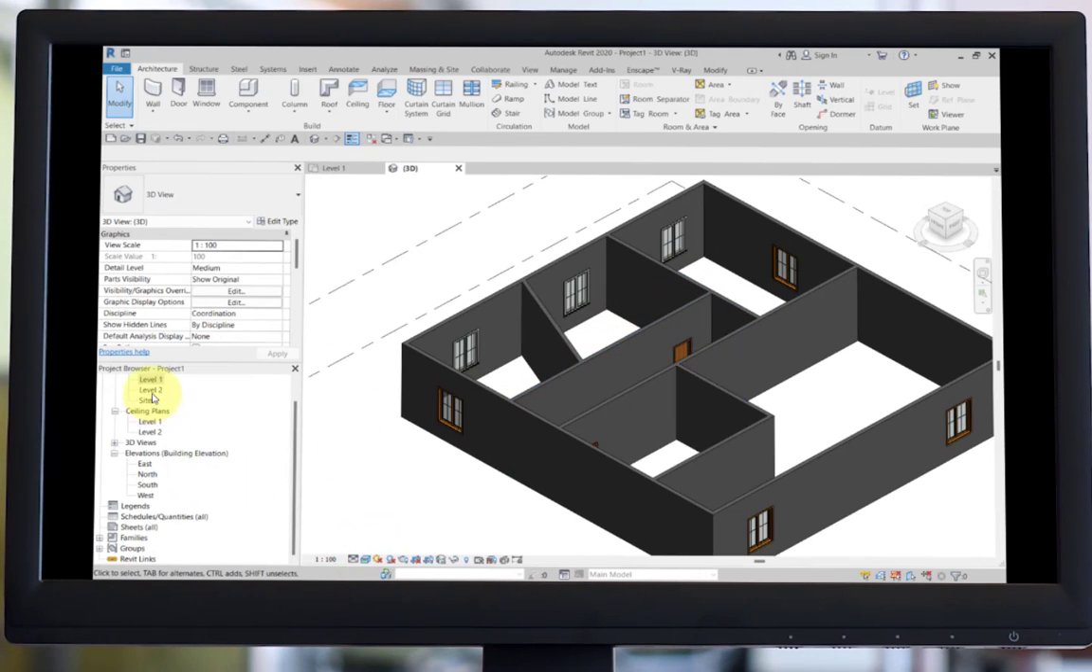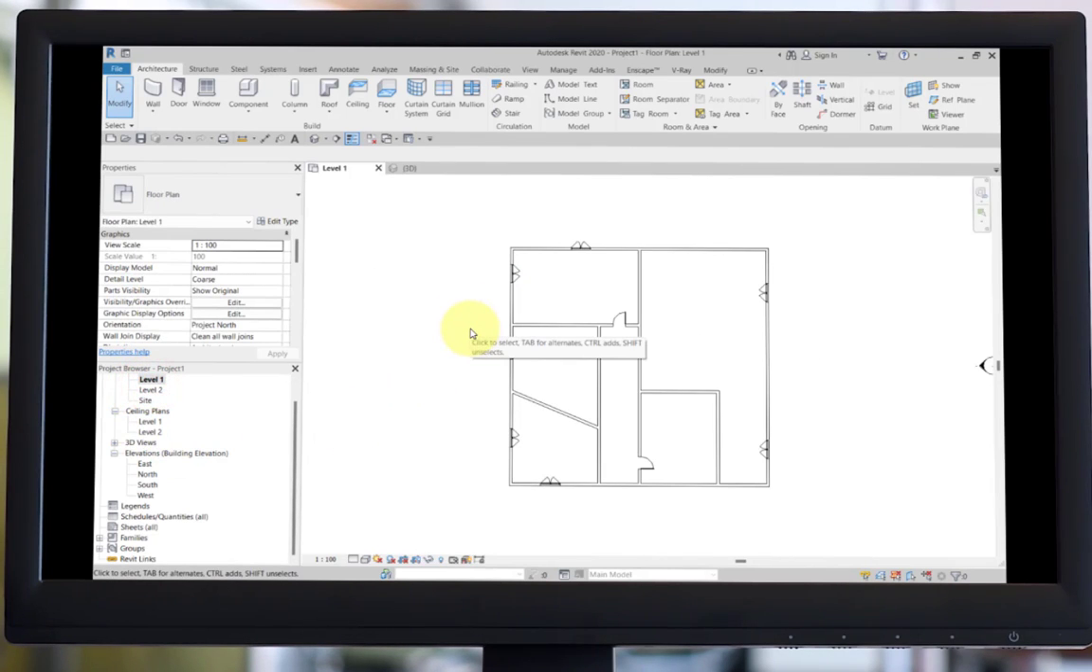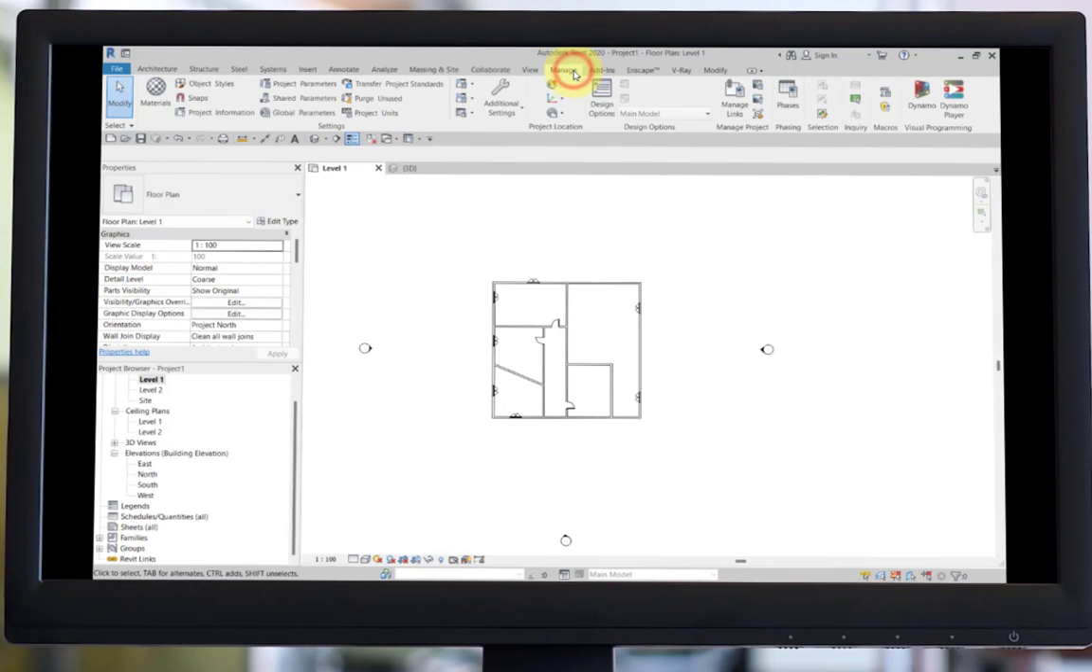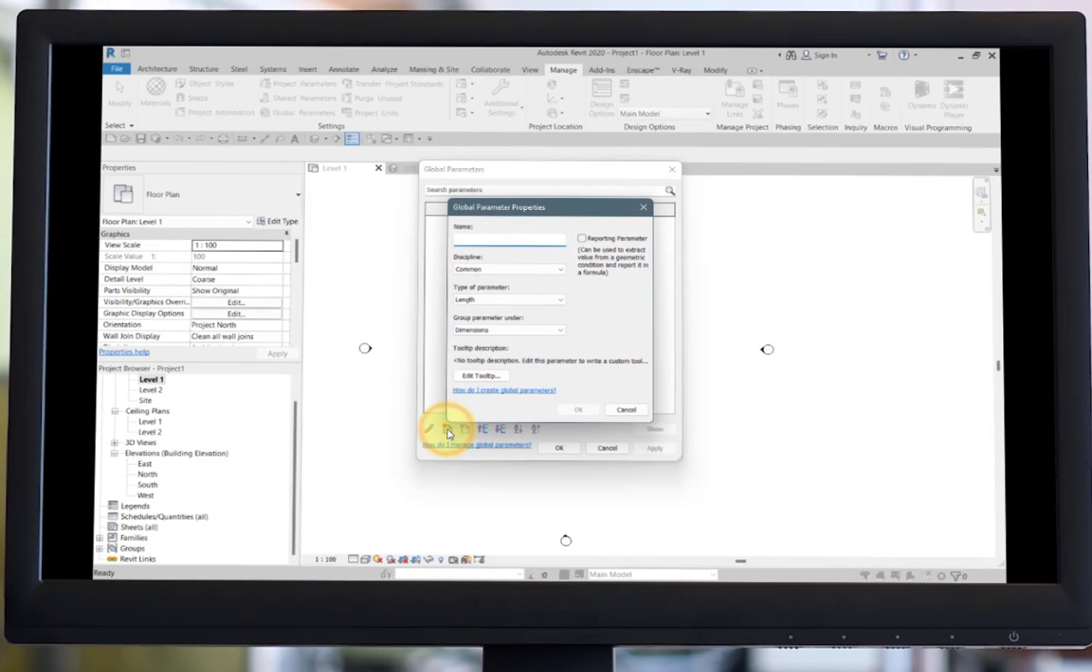So now, how do we create parameters, or how do the global parameters work? So let's move on to that. I'll come to my manage area and go to global parameters. Under the global parameters, I don't have any, so first of all, I'll create a window,